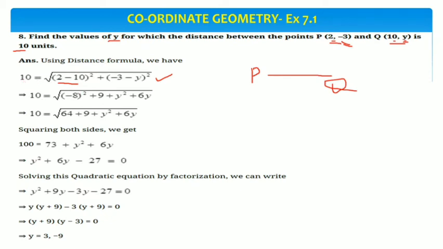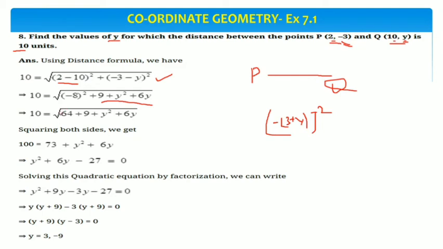Now solving this, it will be minus 8 square. Here you will see that minus will be taken common, so you will get minus bracket 3 plus y, whole square, and like this we will get this. If we take minus common here, we will get in the bracket 3 plus y, small bracket closed, and outside that we will have a bracket with a square. Now this minus, when you do the square, will become plus, so it will simply be (3 plus y) whole square, that is (a plus b) whole square, so it will come like this. Now 8 8s are 64, 9 plus y square plus 6y, under root, equal to root 10.